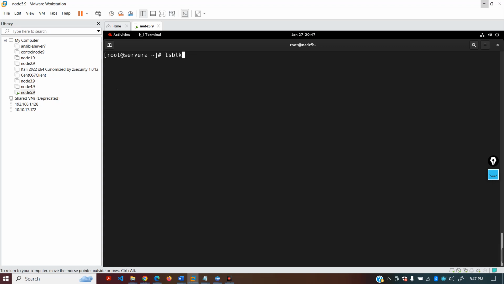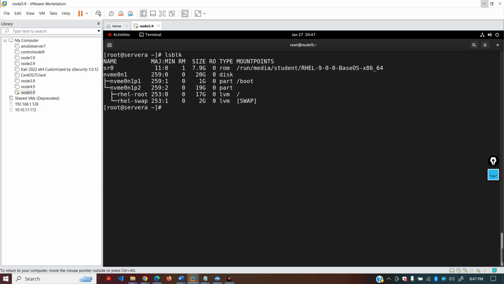Run this command lsblk, and look here. This is the DVD, but it's not mounted because I rebooted the system. So when you do it at home, if your machine is registered with Red Hat, then it's okay. If not, then you can only mount